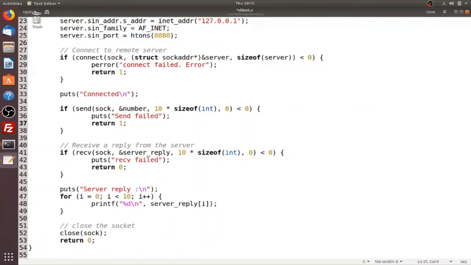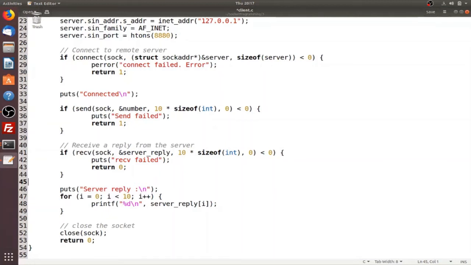So basically it is a good programming practice to apply a check whether the functions or the statements you are using are correct or not, and whether you are going in the right direction. And at last we would be receiving the reply from the server, once the server has sorted that array using the bubble sort algorithm, using the receive function. So the receive function yet again contains parameters, and we would be applying a check whether we have received the message successfully. So after every function we are applying a check.